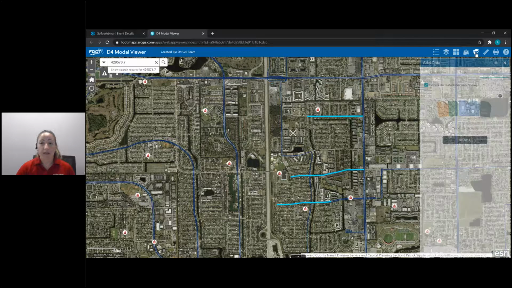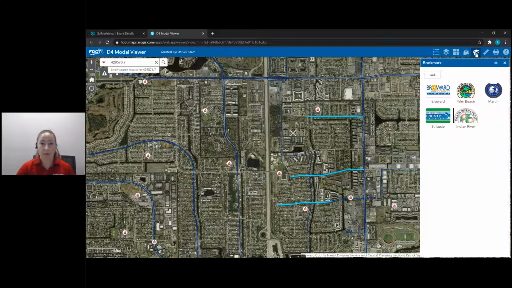One of the other functions that has been useful to some of our stakeholders is also this bookmark tool. Now, the bookmark is exactly what it is. It bookmarks that exact location. So we already have preloaded bookmarks for a county overview. So if I were to say add, it's going to bookmark the zoom in the location that I have right now. So we'll call this